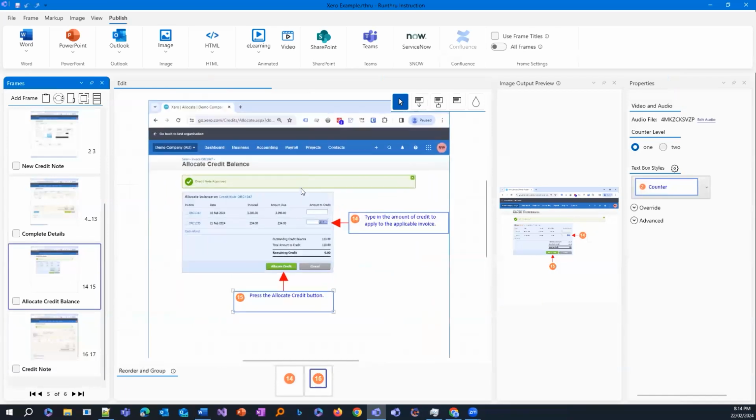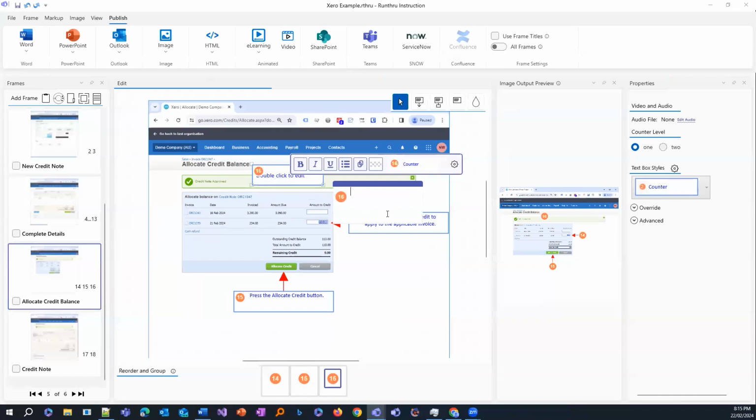So this is performed like this, for example. So here's 14 and 15. And just pretend with me for a while that it's been a number of months since this document was created, and we realized we did need to add a step before step 14. So it will become the new step 14. So let's put that on now. We'll put one of these little text boxes on here, and all we'll simply say here is the allocate credit balance